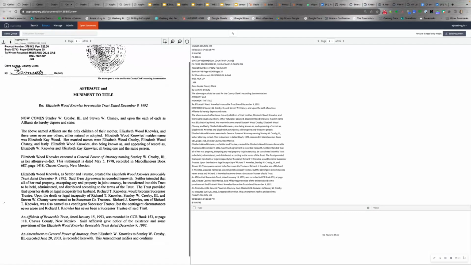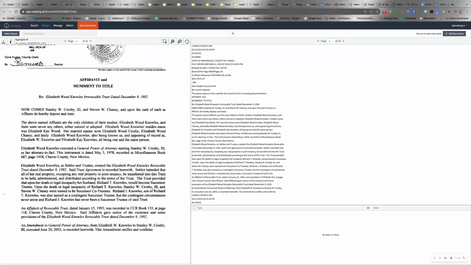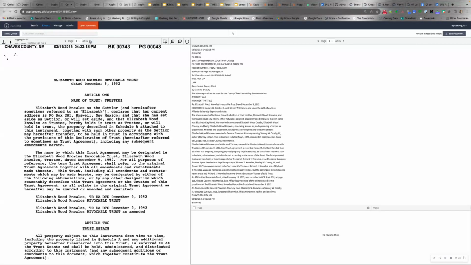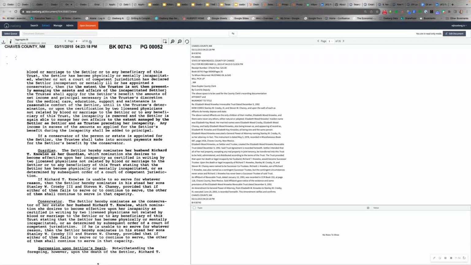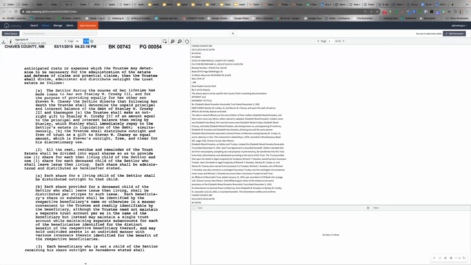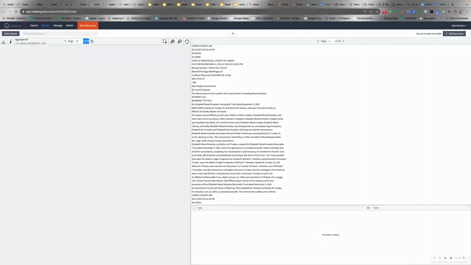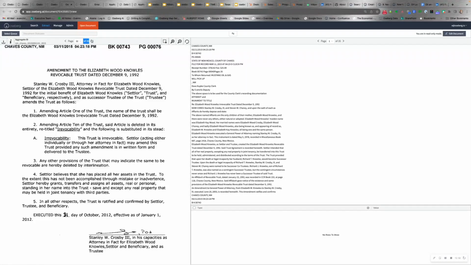And we see affidavit to title. Generally a useful thing when looking at mineral owners and trying to figure out what they own. I'm hoping there might be an exhibit here listing out everything that Mr. Cheney owns,